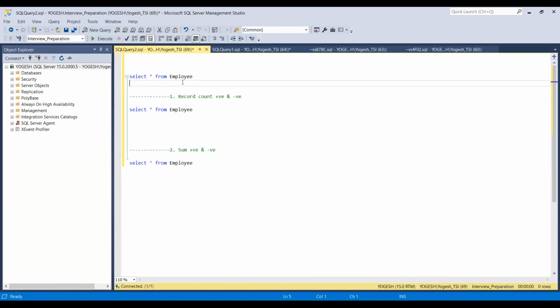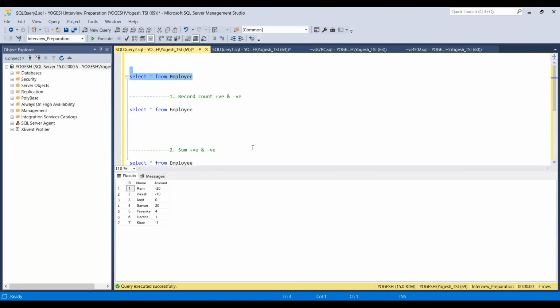So guys, this is the SQL Server and we have the table employee, which we just saw in the PPT. We have 3 columns, same ID, name and amount, and the same values are here. Now I have to extract the positive record count and negative record count from this column. If you remember, when we were learning the SQL queries, we learned that if we are going to apply multiple conditions on any column and, based on those conditions, extract the data from one column, we will use the case statement, right?